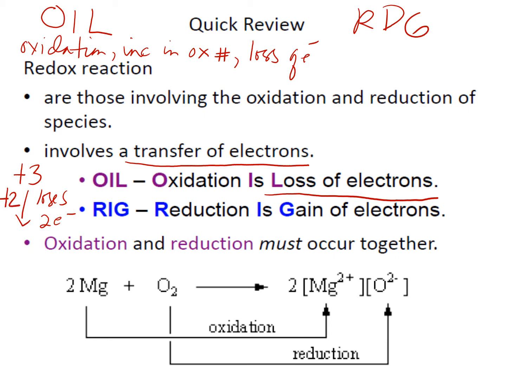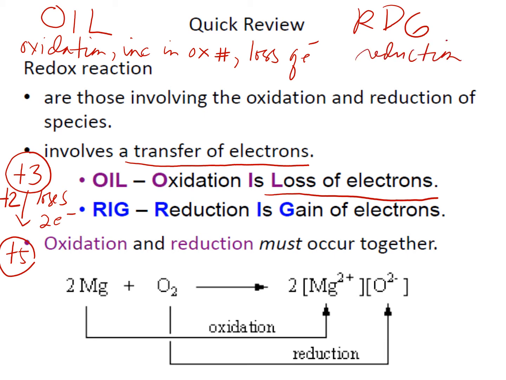So the total charge now is from the initial +3, then +2 from the 2 electrons that are lost. So the new oxidation number, or charge, is +5. So there is an increase in the oxidation number. This increase in the oxidation number, again, is brought about by losing electrons. On the other hand, our reduction,